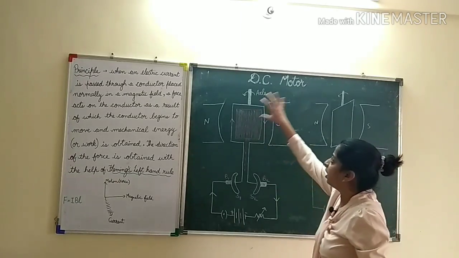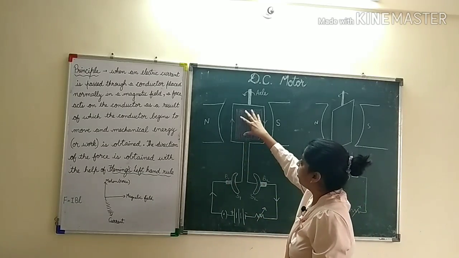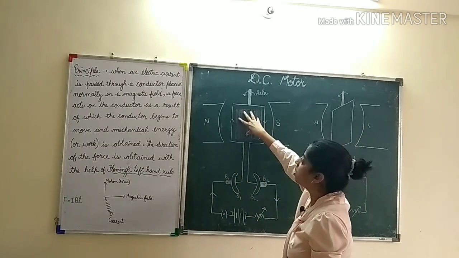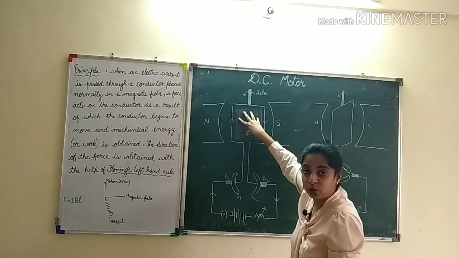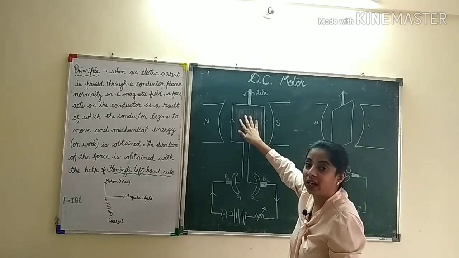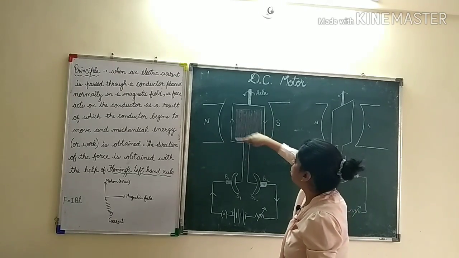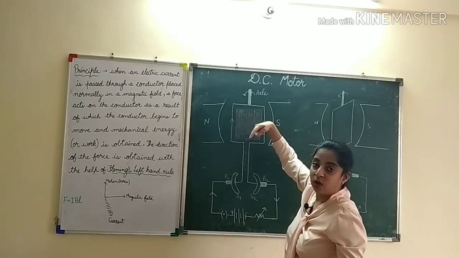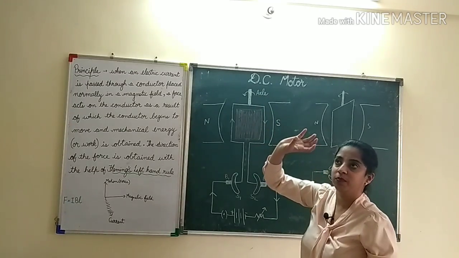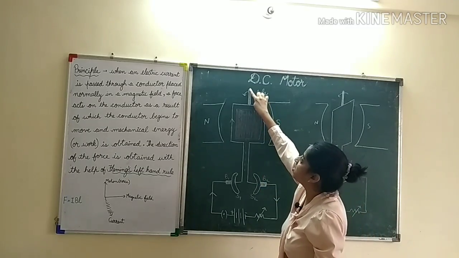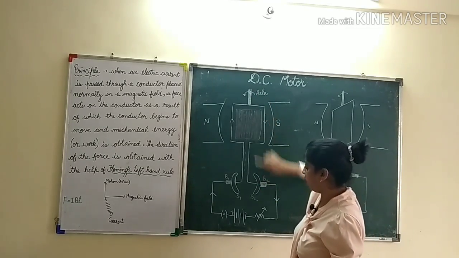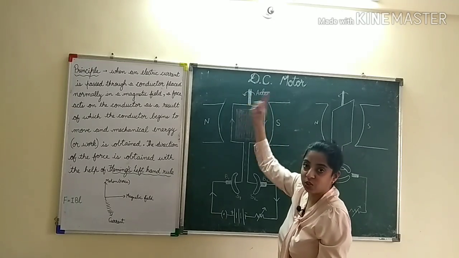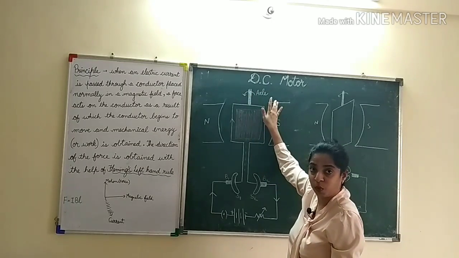Now the coil is wound around a soft iron core so as to increase the magnetic strength here. Also this coil is attached to the axle which rotates. For example, if you are turning a fan, your fan is attached to this axle. So when current is passed through and it starts working, this axle rotates and your fan starts rotating, and this is how DC motor works.